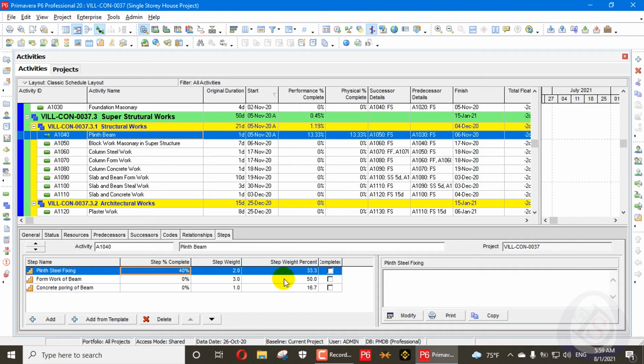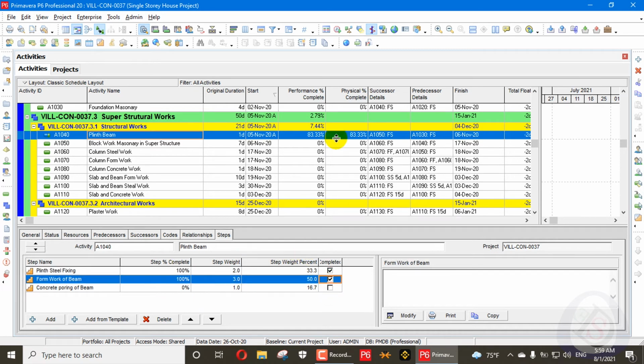If you complete this step completely from here, click this one and it will complete from here. 33% of the weightage will be assigned to this one. If you complete the formwork of the beam as well, it will complete 83% from here. So that's what I am saying, that you are assigning steps to your activity. You can directly update your activities by completing these steps.